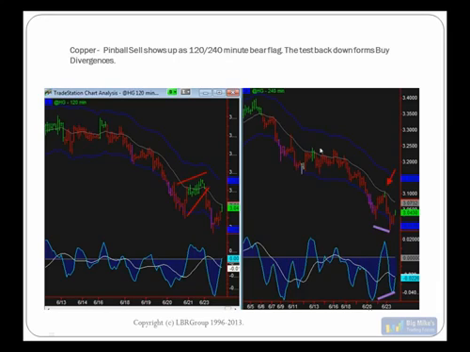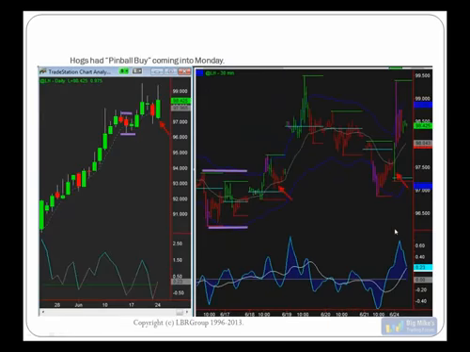So here, if you look at these types of structures, you get a much better feel of that trend for the day. And then lastly, I just wanted to show you one more,